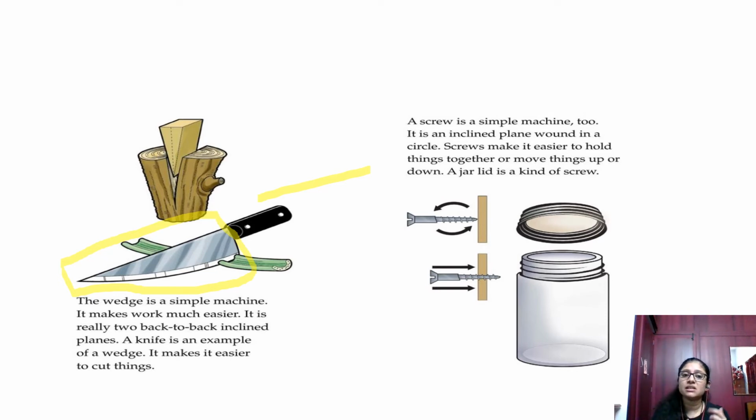Now let us see how it works. A knife is an example of a wedge. It makes it easier to cut things. So how do you cut things? Take the example of a potato or a tomato. You're just holding your knife and just keeping that knife on the potato or tomato. Will it get cut on its own? No. You have to hold the handle of the knife, isn't it? The same way, when you hold the handle and push it, when you apply your force to that knife, only then does it get cut, isn't it? So that's why it makes our work easier. One more example of wedges other than a knife: an axe with which you cut a tree.